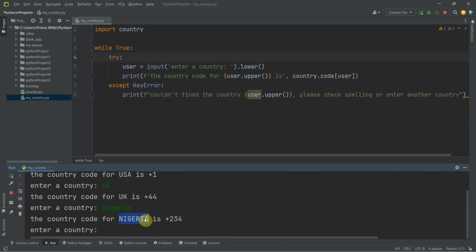As you can see, it prints it in capital letter while I passed it in small letter. It tells me Nigeria in capital letter. Now the country code for Nigeria is +234. It still asks me to enter a country again. I enter Ghana. It says the country code for Ghana is +233, and it keeps on asking me to enter a